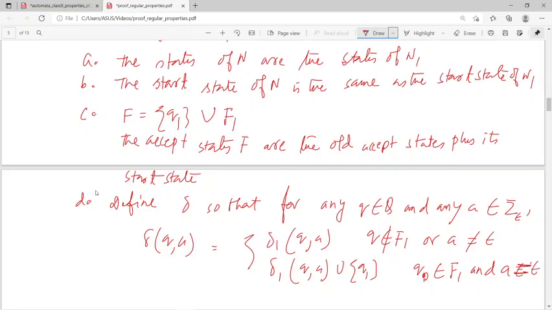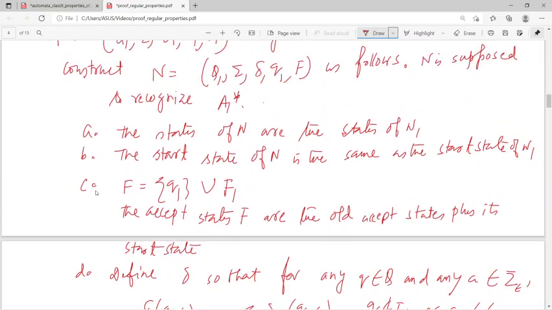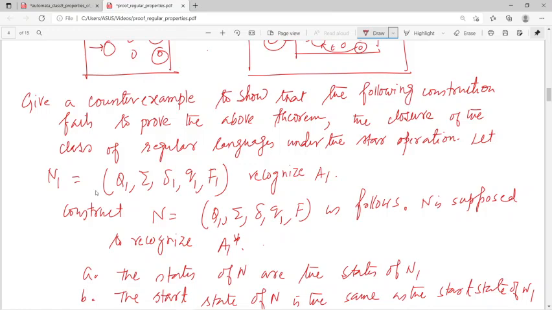সো আমার বক্তব্য হচ্ছে এই যে কনস্ট্রাকশনটা করেছি, এই কনস্ট্রাকশনটা a1 স্টারকে অ্যাকসেপ্ট করবে না, মানে এই কনস্ট্রাকশন করলে a1 স্টার হবে না, এবং সেটারই একটা কাউন্টার এক্সাম্পল দিতে বলেছে। কোশ্চেন হচ্ছে, গিভ এ কাউন্টার এক্সাম্পল, দেখাতে বলেছে যে এই ফলোইং কনস্ট্রাকশন ফেলস টু প্রুভ দ্য অ্যাবভ থিওরেম। সো দ্যাট ইজ ইন্টারেস্টিং থিং যদি তোমরা ভাবতে পারো,